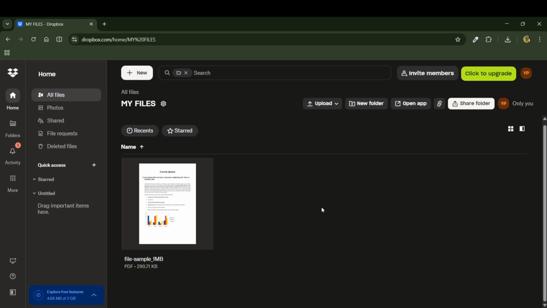Whether you click the checkbox and use the top action bar or tap the three dots and choose Download, the result is